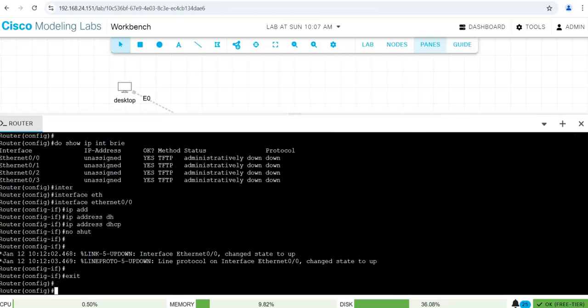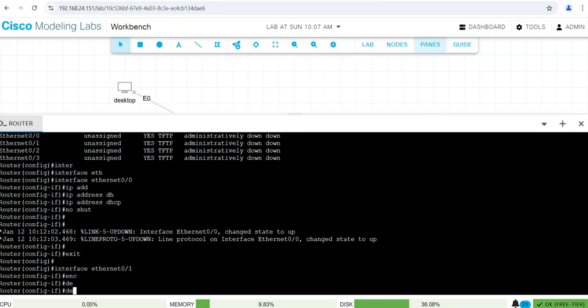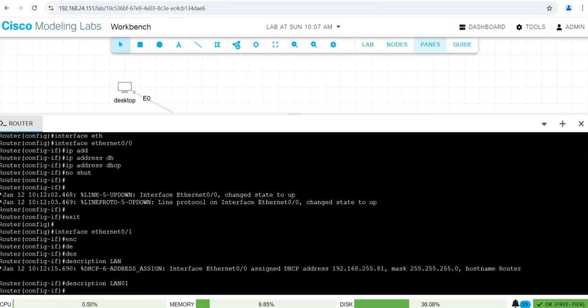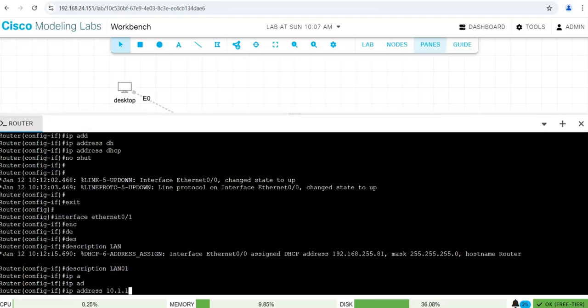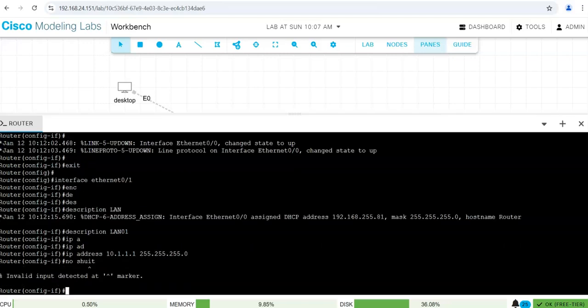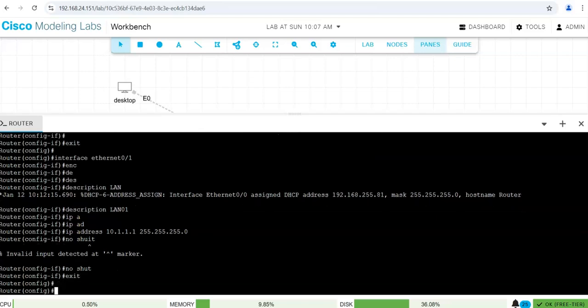And let's exit this interface, go to the second interface, which is 0/1. That's our internal, and maybe add some description. Description: LAN 01, and its IP address is going to be 10.1.1.1, 255.255.255.0, and we say no shutdown. And if we exit and save this part,